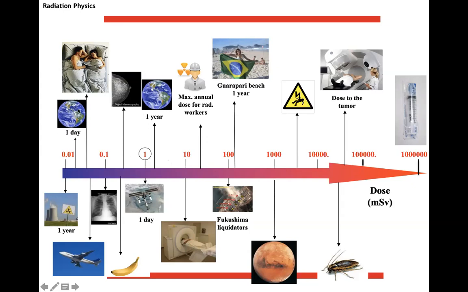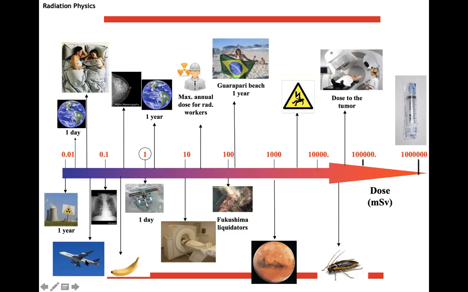If you sleep with another person, you get a higher dose, and that's because you are irradiated by the person that you sleep with. We are actually radioactive because if you eat 1 banana per day, it's down here, you get quite a substantial annual dose, because bananas contain potassium. One isotope of potassium is potassium-40, and this is radioactive, and so you are radioactive. And then if you sleep with the other person, this person will irradiate you, and then you get a higher dose, depending on how long you sleep and how many persons you sleep with.